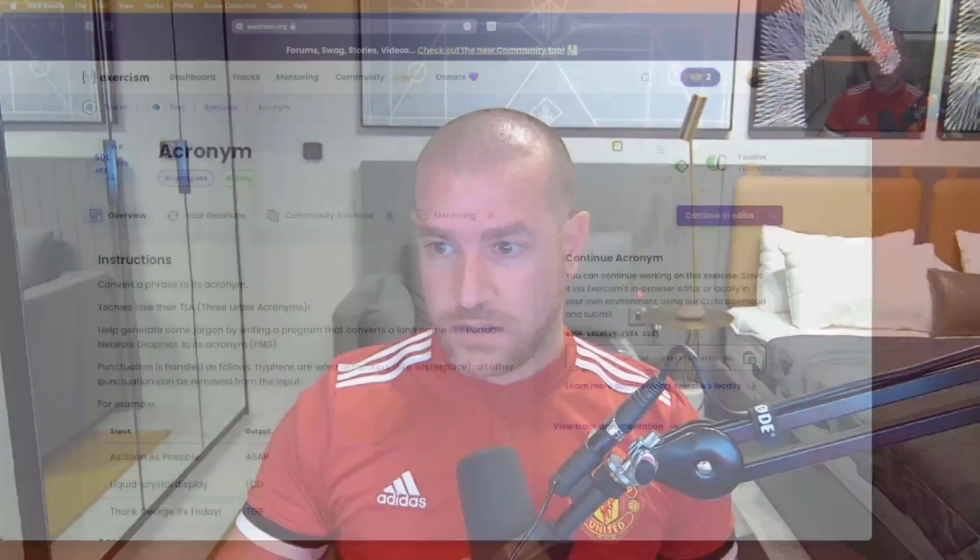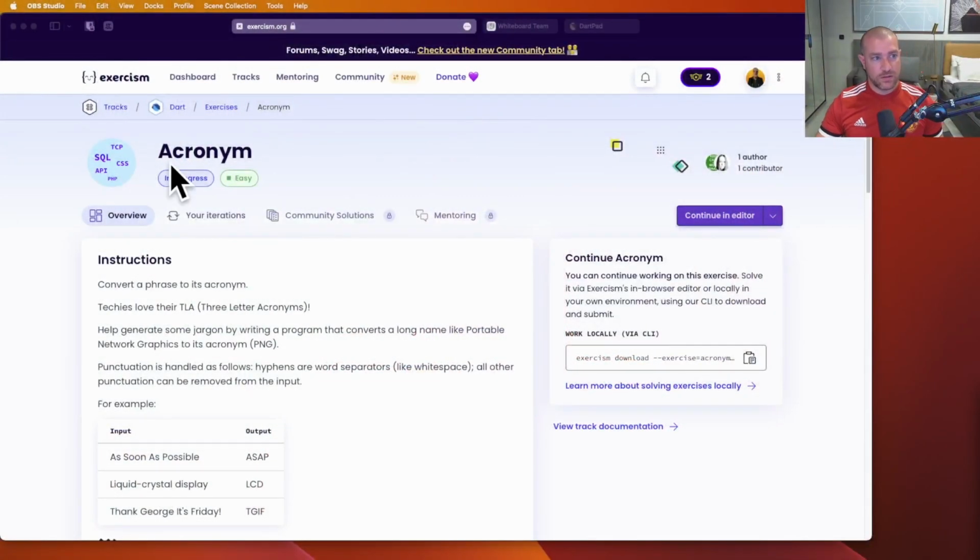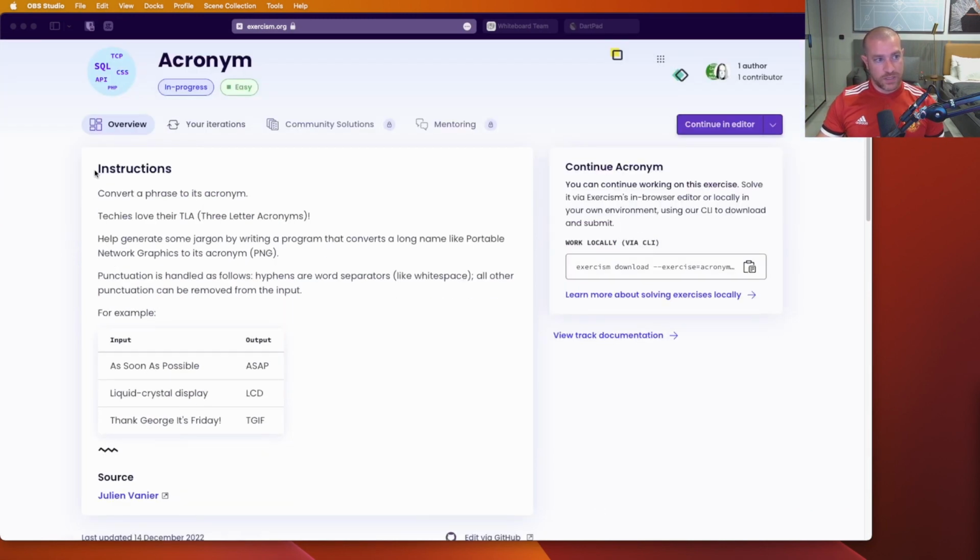So let me do this. All right. So acronym. So what do we need to do here? It says instructions, convert a phrase to its acronym. So techies love their TLA, three-letter acronyms. Help generate some jargon by writing a program that converts a long name like portable network graphics to its acronym,